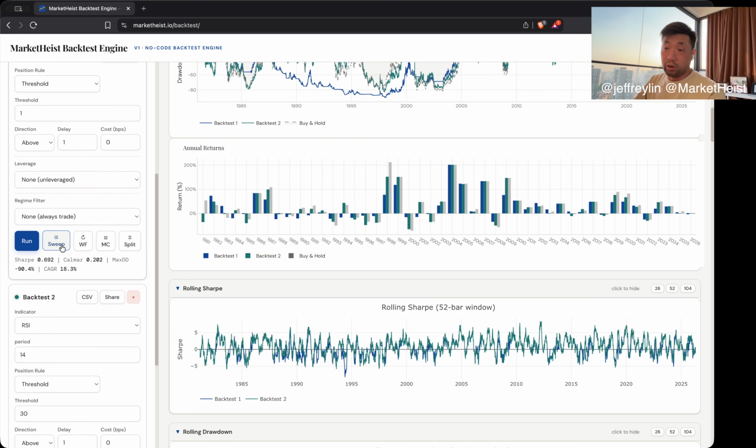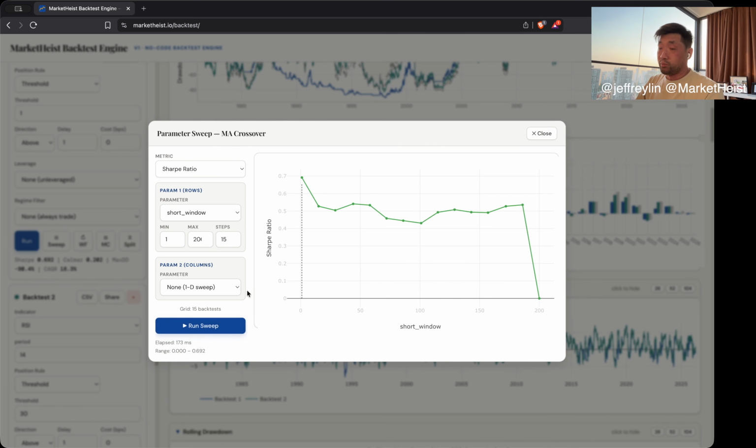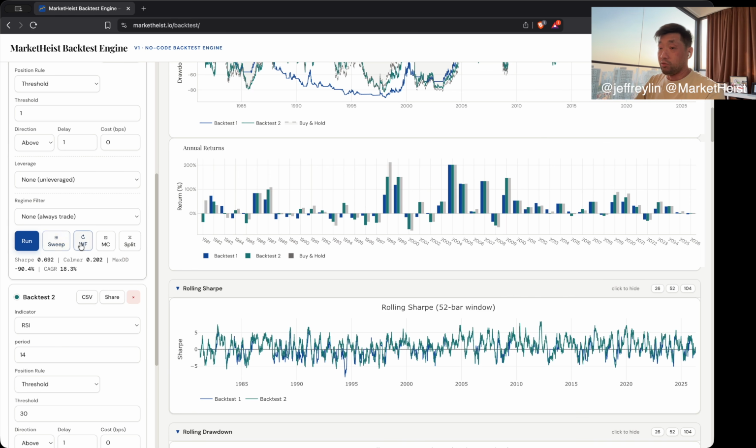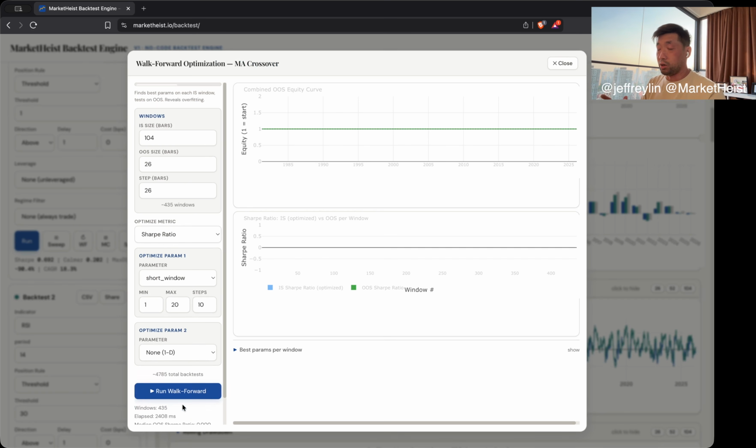Down here, we have a few other cool features that we've added, such as a parameter sweep, just to see at what values for that parameter, for example, what value for the moving average window, does your performance actually drop off, or is it very stable across all of these settings? We have a walk forward parameter test, just trying the indicator for every couple of steps or every couple of blocks, so you're not doing too much